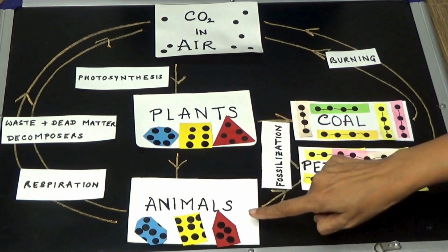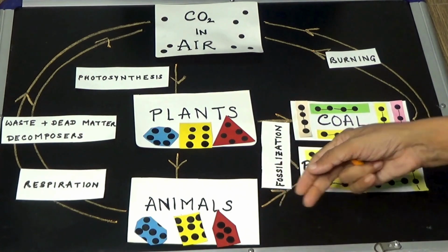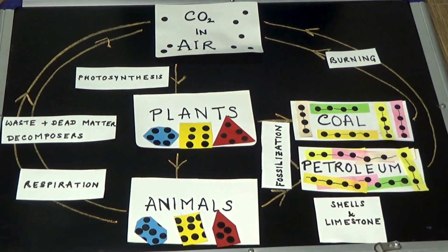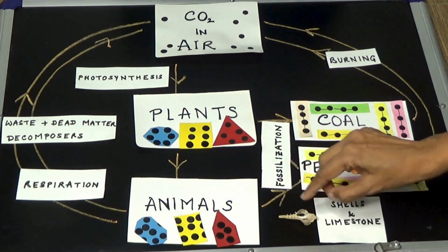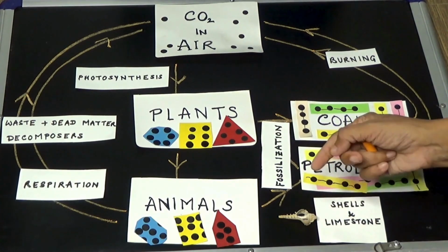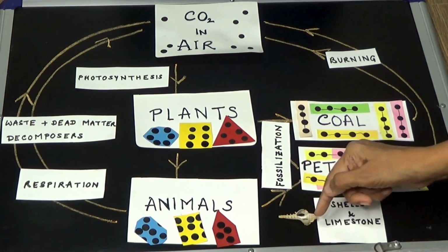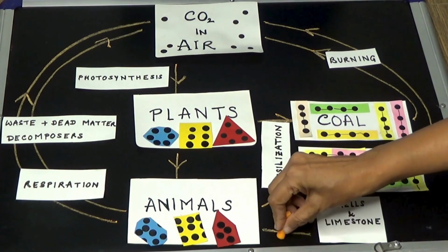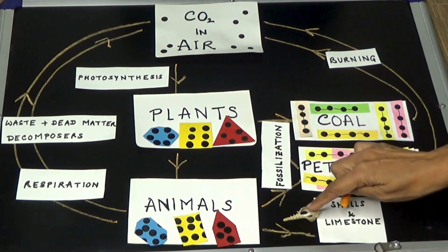Now the third process is through some animals we generate hard shells. So the animals who live in water, around water, make shells. So these shells are made out of calcium carbonate. So there is calcium also, but in carbonate there is one carbon atom trapped. So a large number of these shells are generated and deposit on seabeds, where under heat and pressure